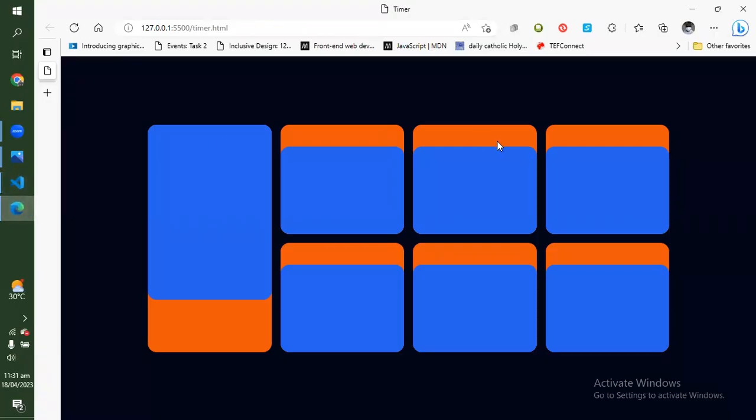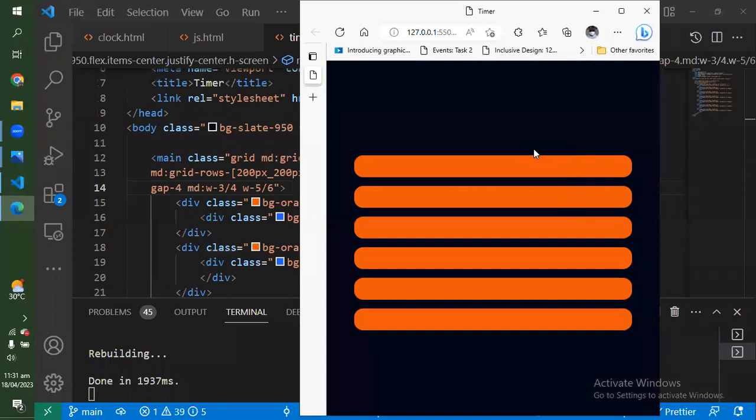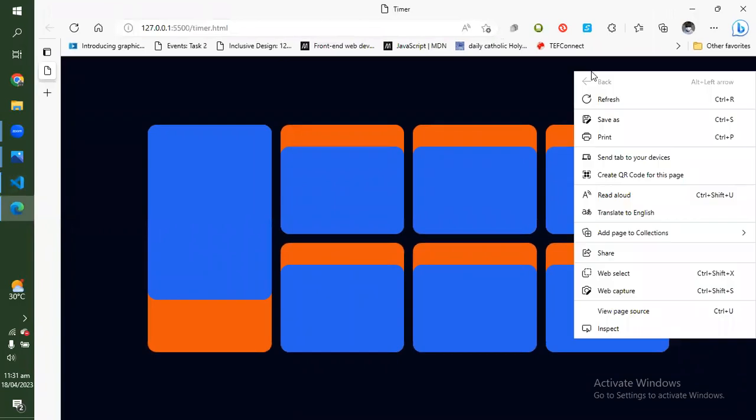And if I look at my small screen again, I can see that this is actually at the center. I don't want this to be like this, okay? I don't want this spacing here. All right, so